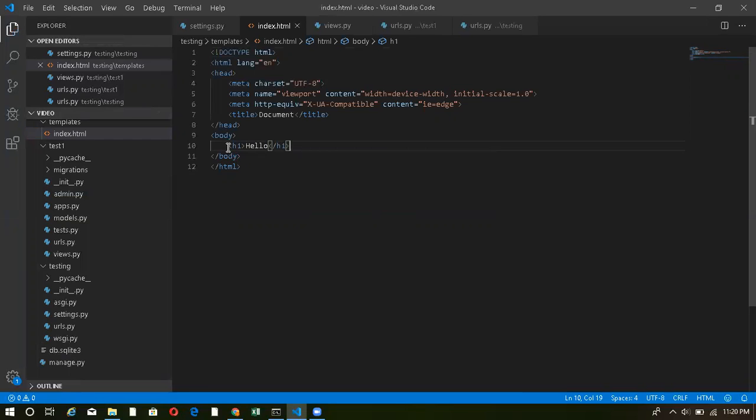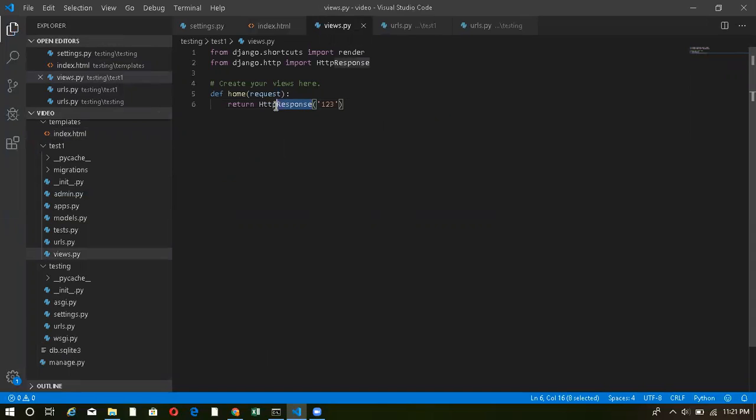Now in my views.py, instead of HttpResponse, I have to return render, and the first argument render takes is request, and after that it takes the name of the template or the name of the file, and then I have to explicitly pass a dictionary.